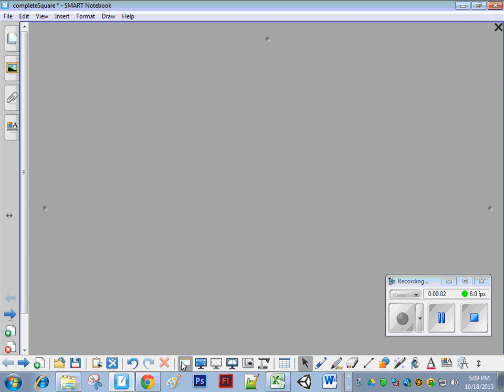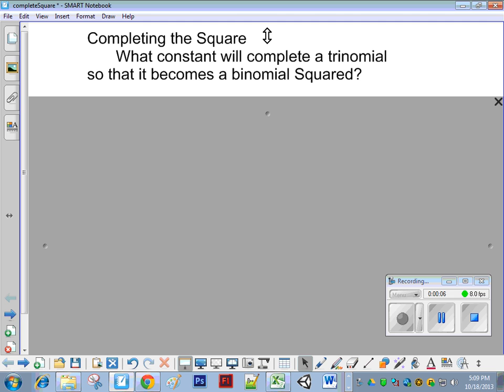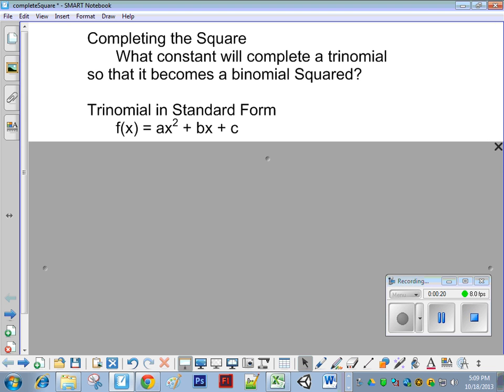Okay, folks, here's a very short lesson on completing the square and how to convert from standard form to vertex form of a quadratic function. So first question, what constant will complete a trinomial so that it becomes a binomial squared? A trinomial, I generally mean this style. Now when I talk about a binomial